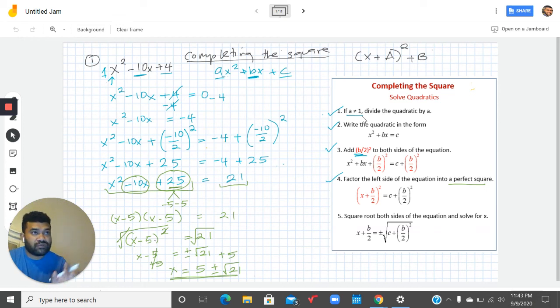If it's a negative c, move it to the right, it's going to be positive. If it's a positive c, move it to the right, it's going to be negative. And then just add the b over 2 squared, so whatever the b value, you just divide by 2 in parentheses, and you square it, so you add it to the left and the right. And then number 4, you factor, you get the perfect square left and right, and then you just solve, and then you get a value. And that's how we work out the completing the square